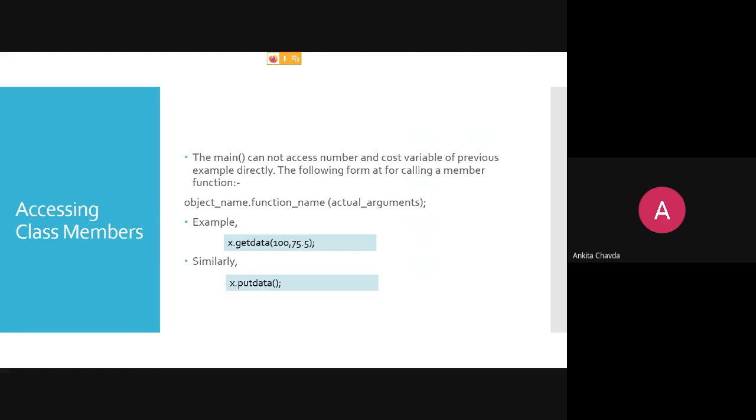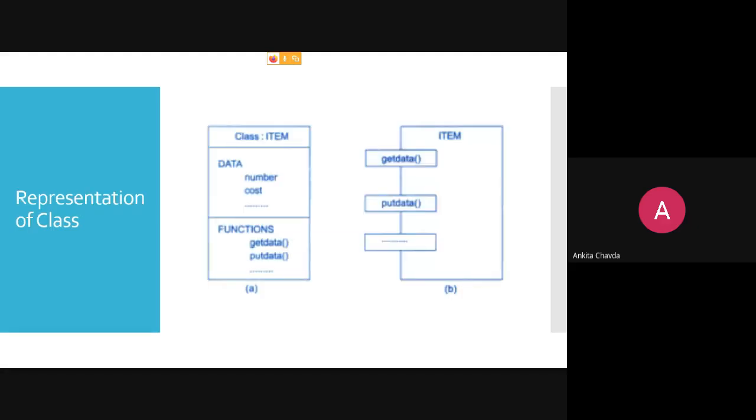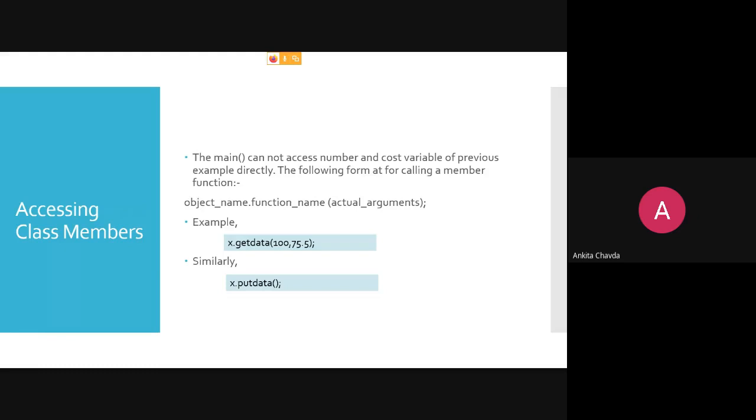Now, how can you access your class members? Here main cannot access the number and cost variables from our previous example directly, because they are private. And even if they were public, you cannot use number and cost directly. Instead, you need the object name, object name dot number or cost, and then you can access them if they are public.